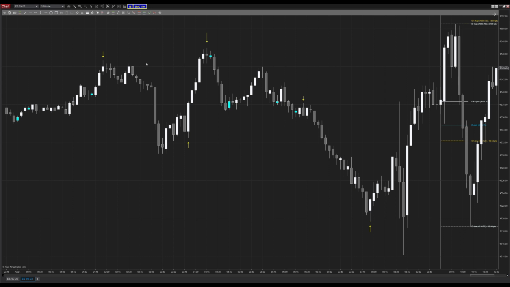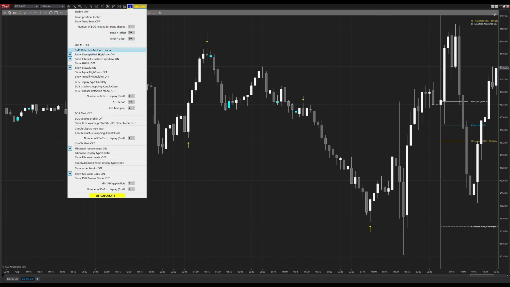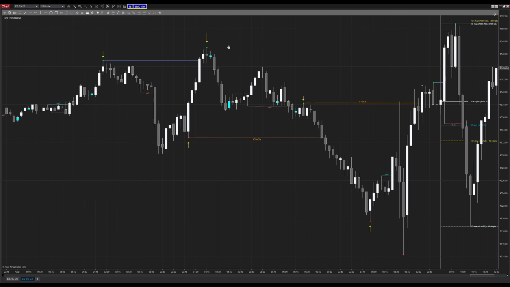Now we're choosing to use a 2 bar fractal with 2 bars on either side rather than a single. Some will use it just as a single. But again, to be more objective and to reduce the number of micro swings, we're choosing the 2 bar fractal. So just to show you what that would look like, because this is a substantive change from the prior version, if I come here now and I hit recalculate, or let's just turn it on. I think I've got it on fractal. Okay, so now what you'll see here is that I have